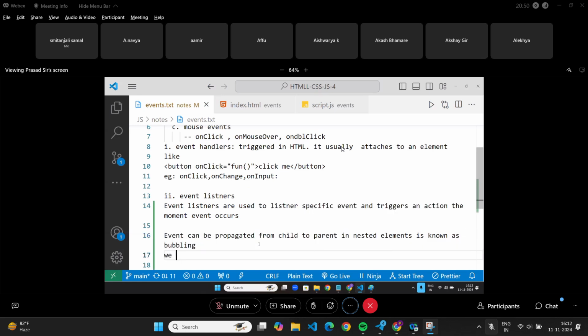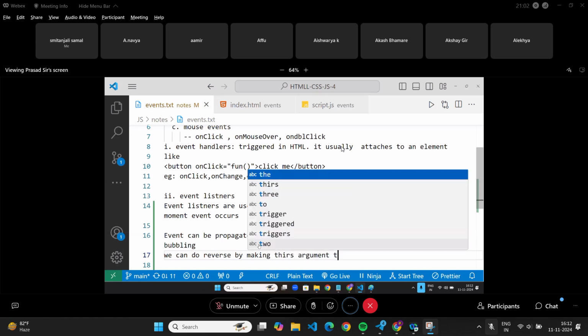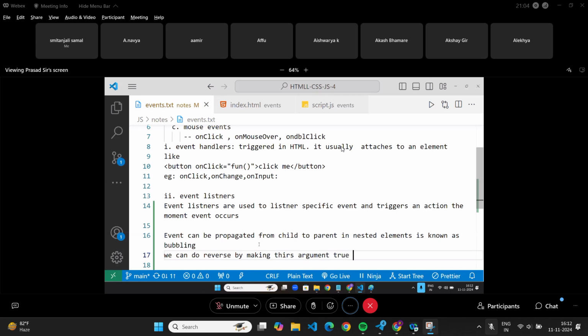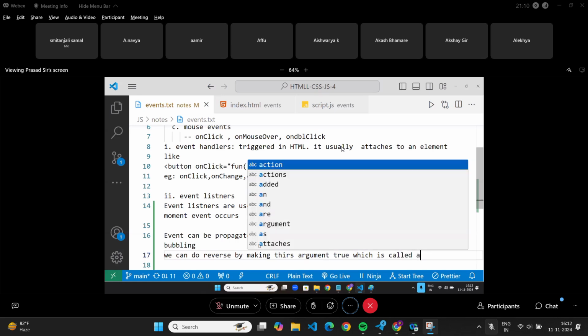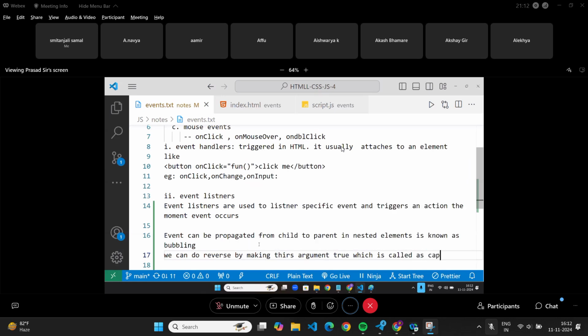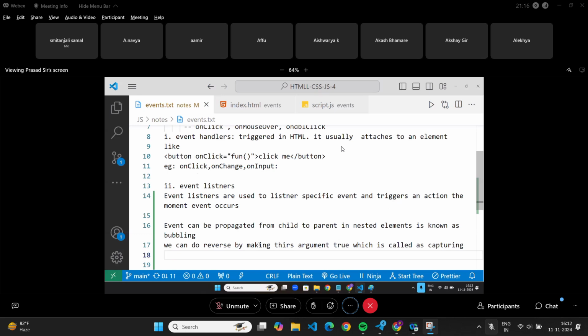We can do the reverse by making the third argument true, which is called capturing. We did bubbling and capturing in the last classes.